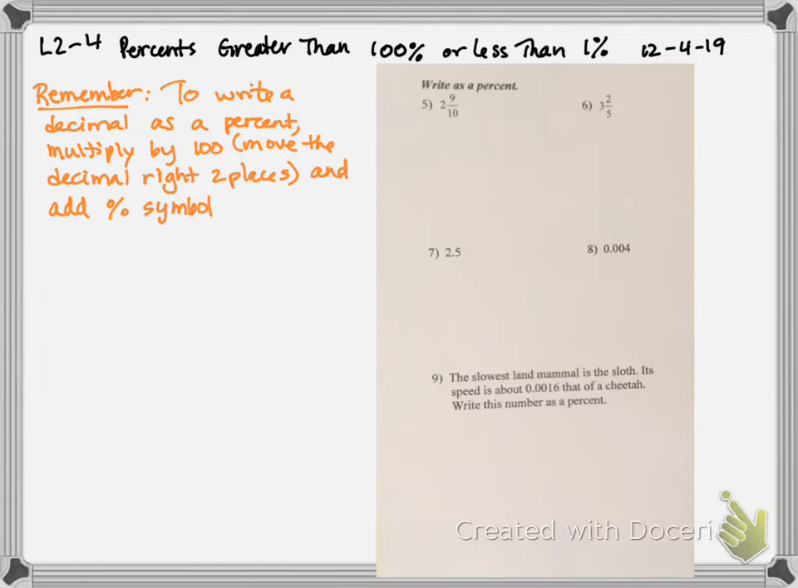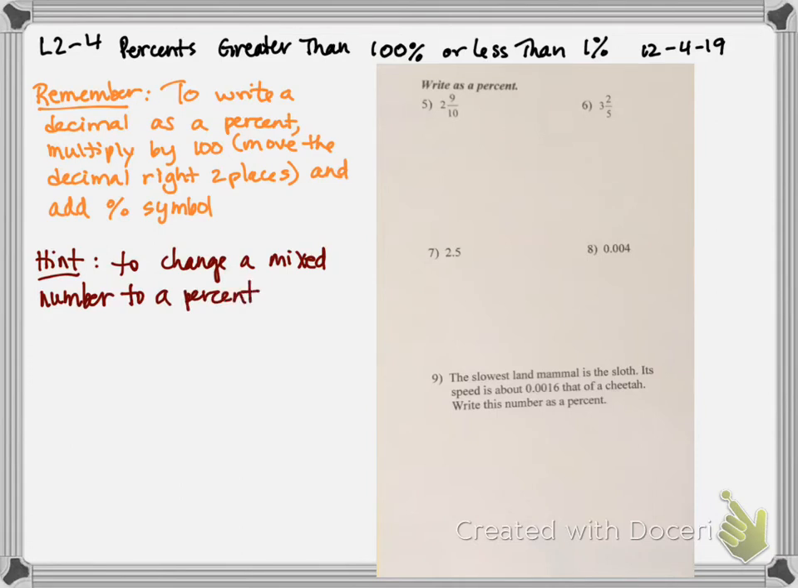And then we have to add the percent symbol in order to make it a percent value. Okay, so I just talked about moving the decimal as a percent. How am I going to change these mixed numbers to a percent? So let's talk a little bit about that. A little hint. To change a mixed number to a percent, rewrite it